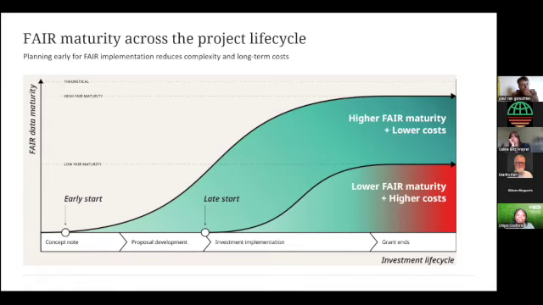And that takes time and it's expensive. So we're saying the earlier you start planning and thinking about this, the higher the level of FAIR maturity you're going to have. FAIR is a spectrum, right? It ranges from really poor quality data to really high quality data. And it will cost you less because you've budgeted for this, right? You have a plan in place and how much it might cost you and so forth.